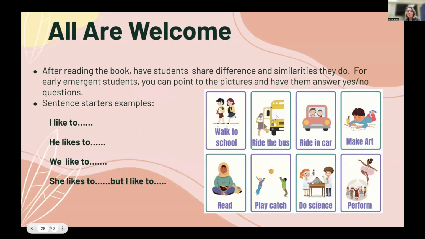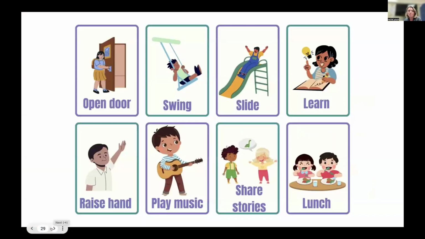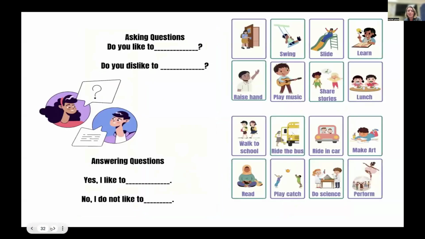For these, I have our anticipatory set, and I've also created some sample sentence frames for you to go ahead and use. And I have something called a sentence map, with questions to have the dialogue. If you go forward, I think you'll see that. Those are some of the actions that they can connect in the book. To have them practice the vocabulary in a small group situation, answering and asking the questions, you can print that off and have it with them after they've done some practice and reading of the book.